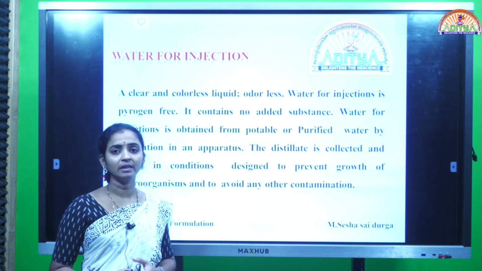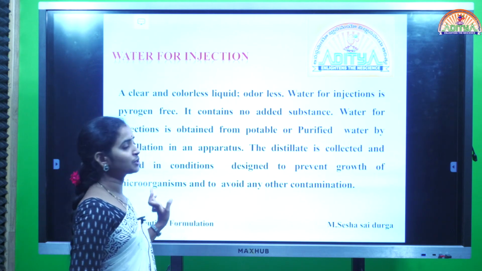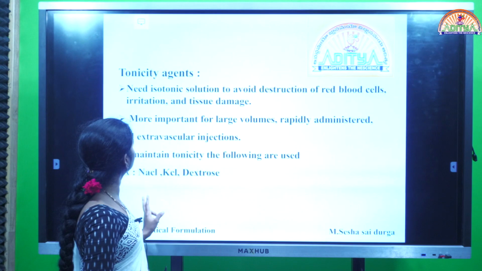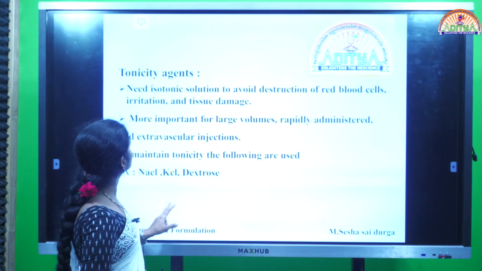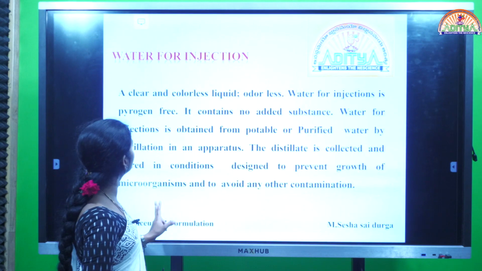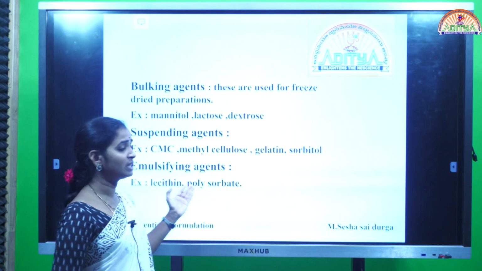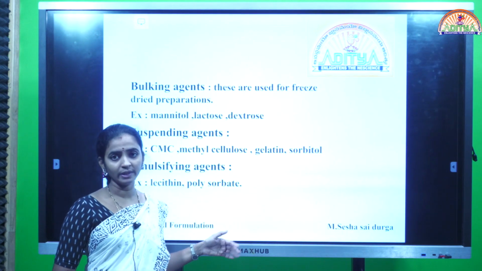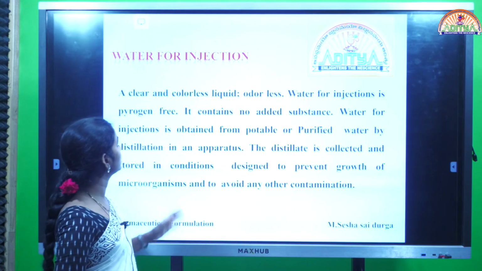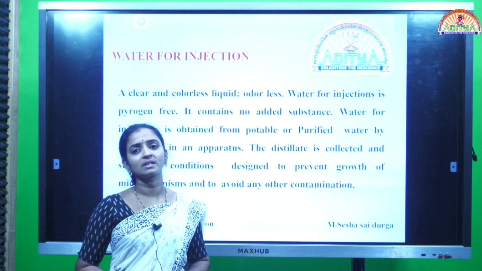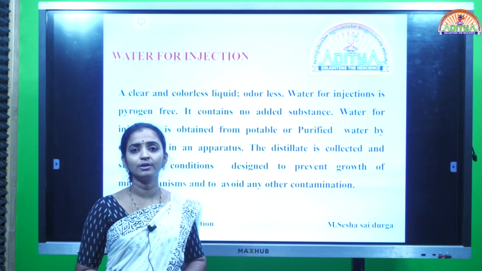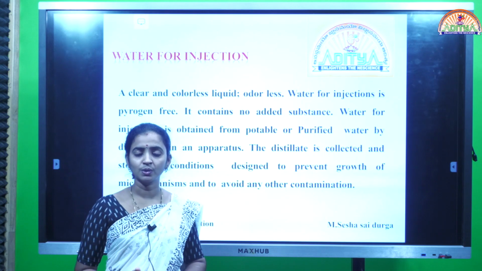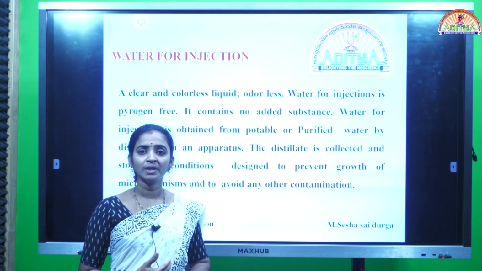Among all those ingredients, the major portion is the vehicle, and before the vehicle we already discussed other ingredients like surfactants, tonicity agents, chelating agents, bulking agents, and also emulsifying agents. So all the remaining excipients we already discussed, and what remains is the vehicle. So now we need to discuss the vehicles which are generally used in the preparation of the parenteral products. We know that two types of vehicles can be used, both aqueous vehicles and also oily vehicles.